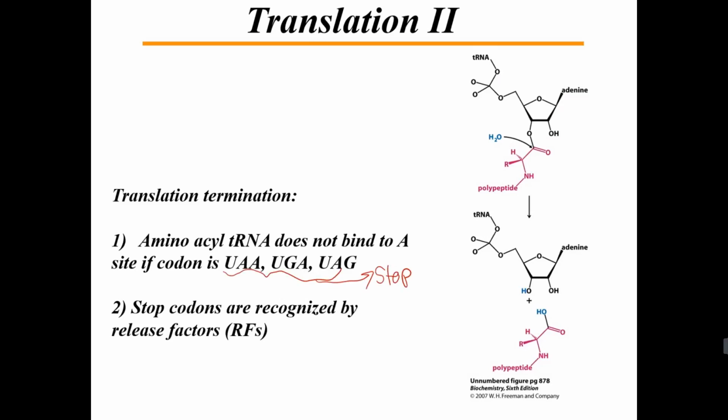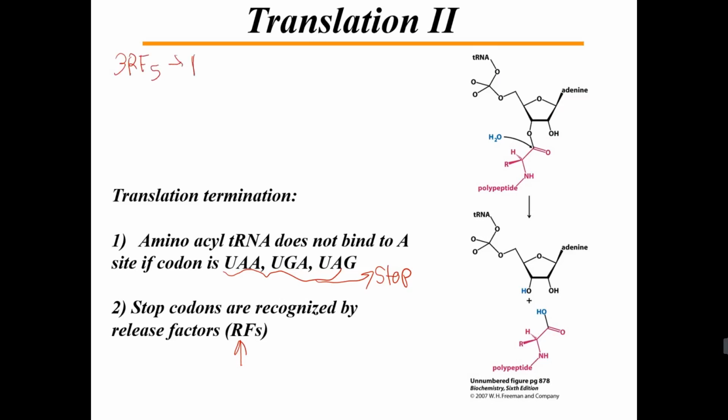This is because normal cells don't usually contain tRNAs with anticodons complementary to these stop signals. Instead, these stop codons are recognized by release factors, denoted RFs, which are proteins that promote the release of the completed protein from the last tRNA. In prokaryotic protein synthesis, we have 3 RFs,